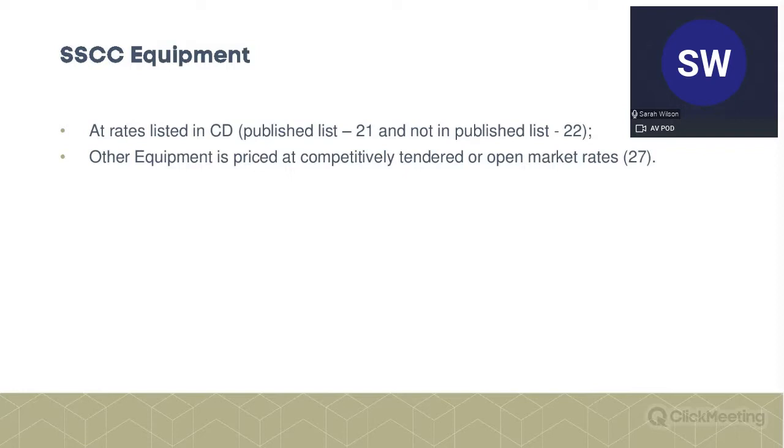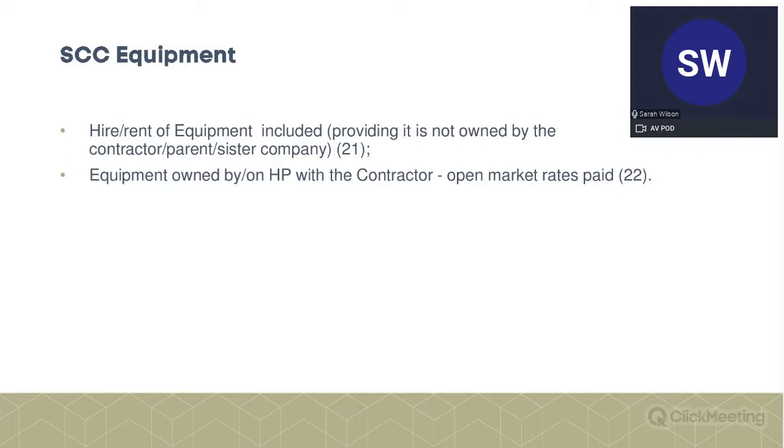All of this is just about recovering the cost of the equipment, in the same way as for the people section, because once you've calculated that, you would then apply the fee